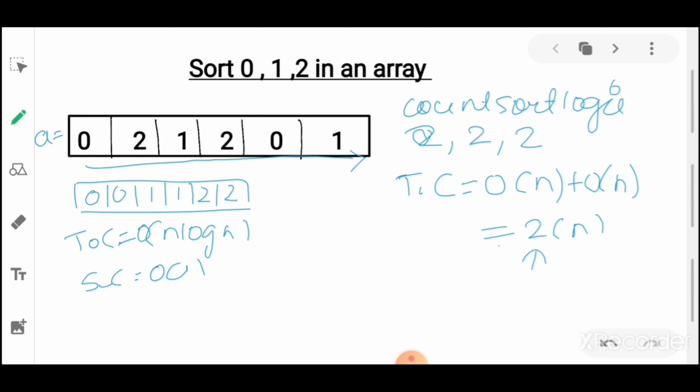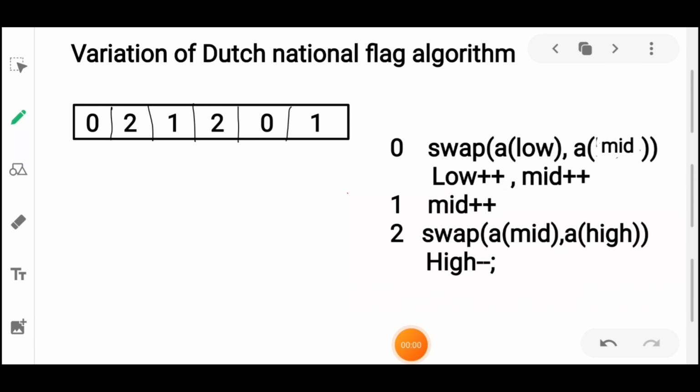So let's just see how we can do this by using a very famous algorithm called Dutch national flag algorithm. So this approach is a variation of Dutch national flag algorithm. Don't worry if in case you don't know what is Dutch national flag algorithm, because I'll teach you. Okay, so in this approach we'll be using 3 pointers, that is low, mid and high. So at the very first, our low and mid will point towards the first index and our high will point